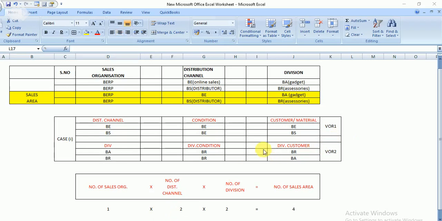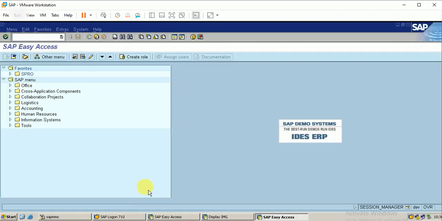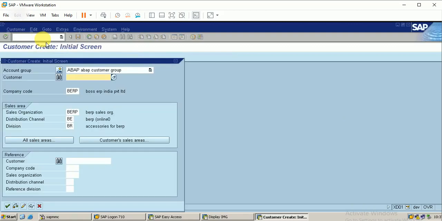After this configuration, my system will allow online sales for gadget and accessories. So I have made this configuration in VOR1 and VOR2. Now let me create a customer master, XD01.